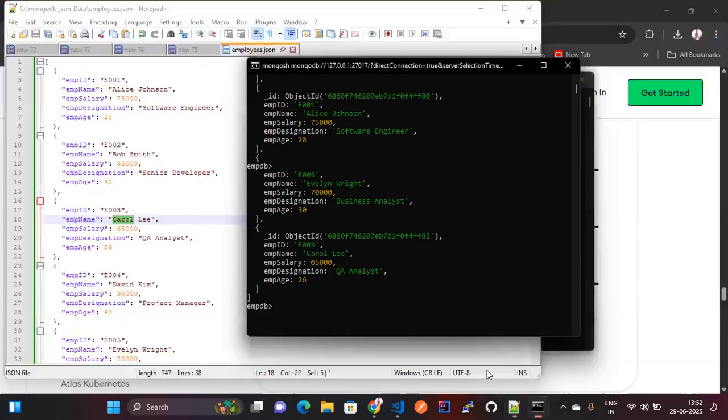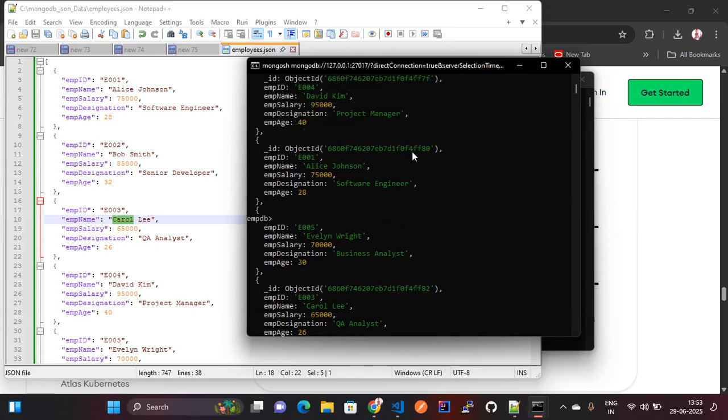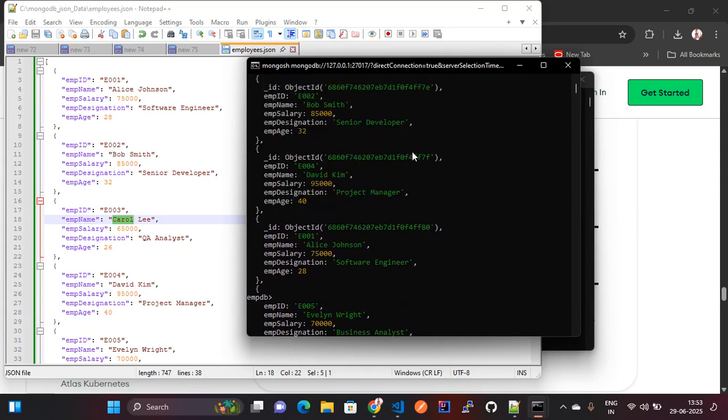Now let's see E05, Evelyn Wright, you can see here, and E02 is Bob Smith. Okay, so by following these steps, you can import your JSON or CSV data based on your requirement,